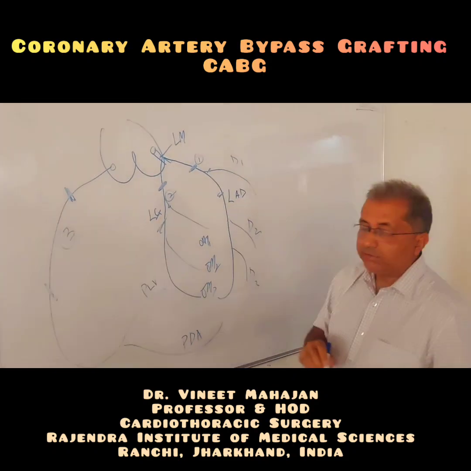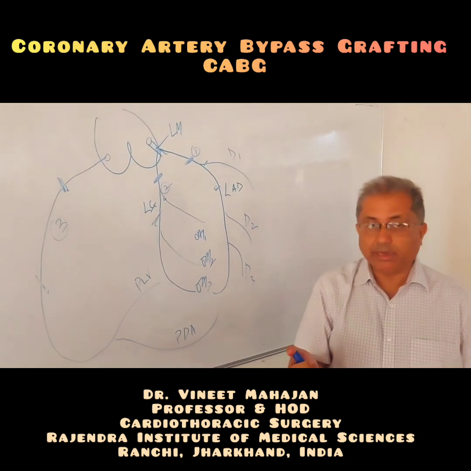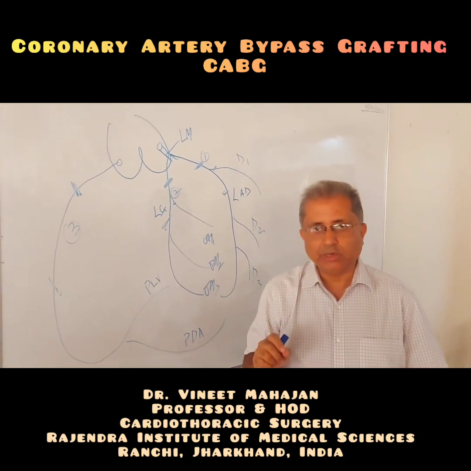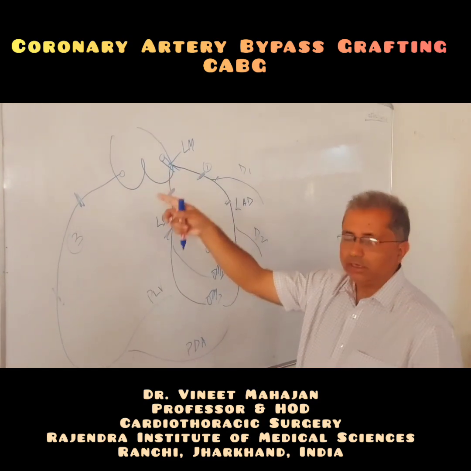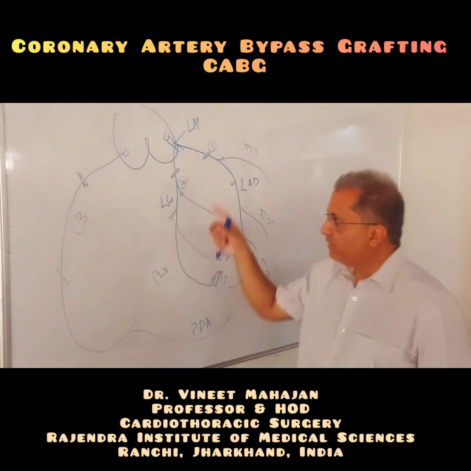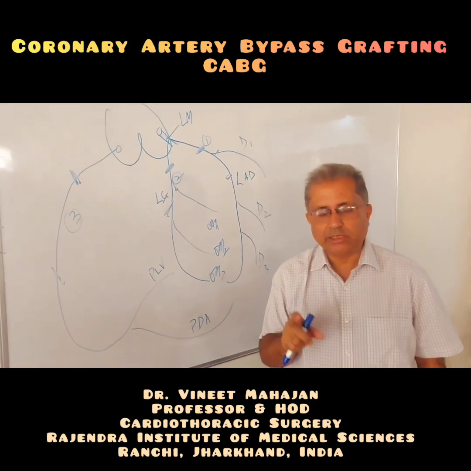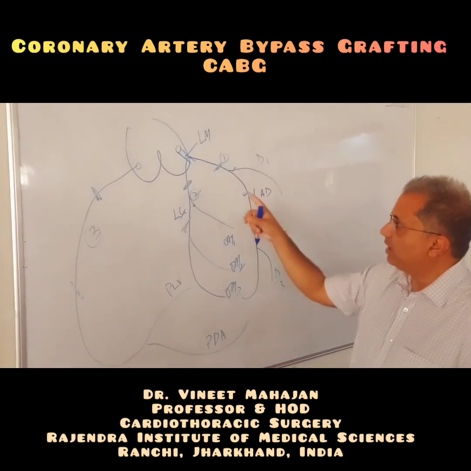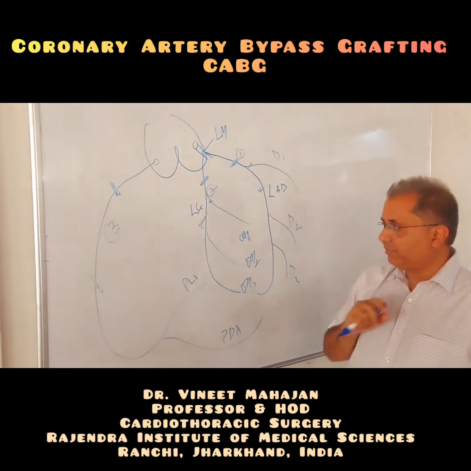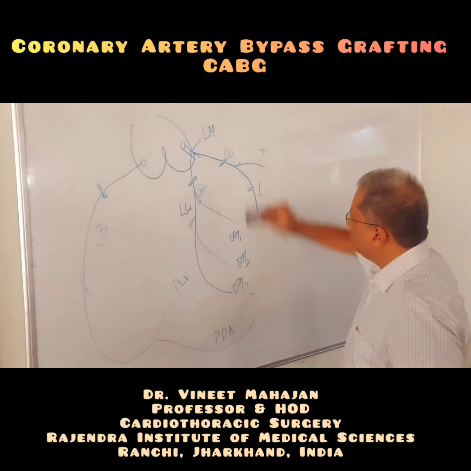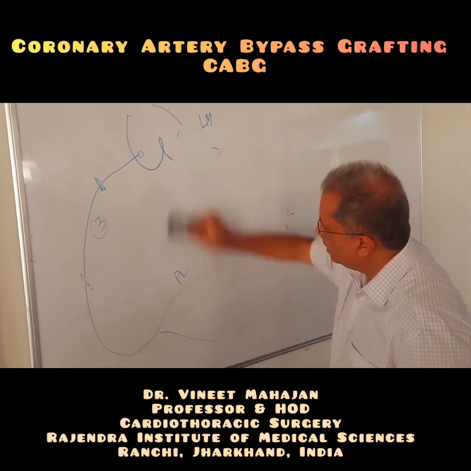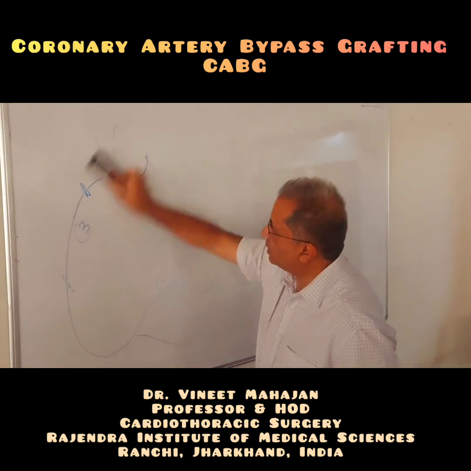The idea of these blocks is obtained by an investigation known as the coronary angiogram, in which a radiopaque dye is injected right into the coronary arteries, and various images are taken in a catheterization lab, and we have an idea of which arteries are blocked at what level. So we plan an operation according to that, and that operation of bypassing these vessels is known as coronary artery